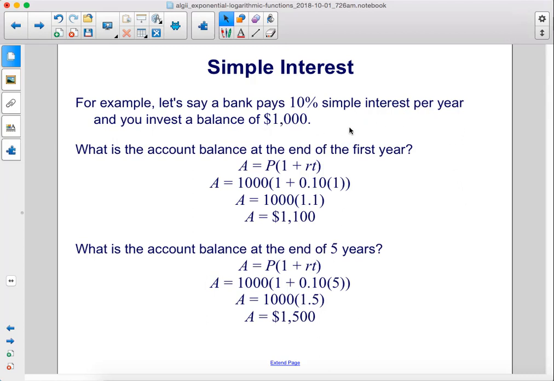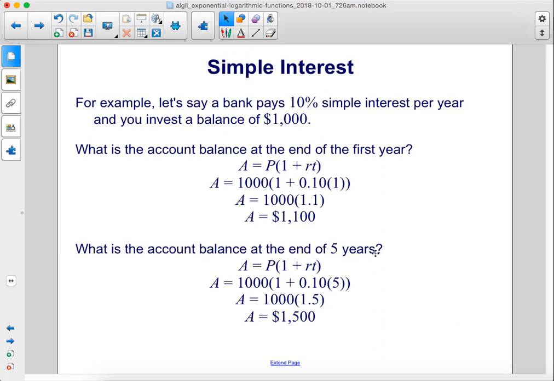For example, let's say a bank pays 10% simple interest per year and you invest a balance of $1,000. What is the account balance at the end of the first year? A equals P times (1 plus RT). So the principal amount was $1,000, so we put $1,000 here for P. R is the rate, 10%, which is also 0.10. And the time is 1 year, because we want to know the balance at the end of the first year. So T becomes 1. When we plug in all of our values, we calculate that A equals